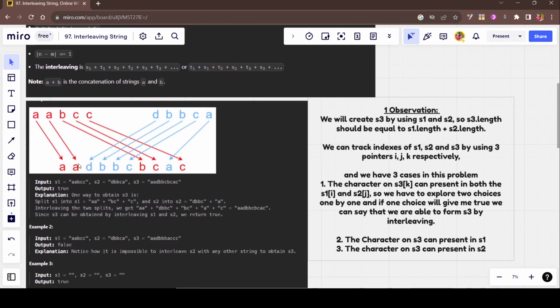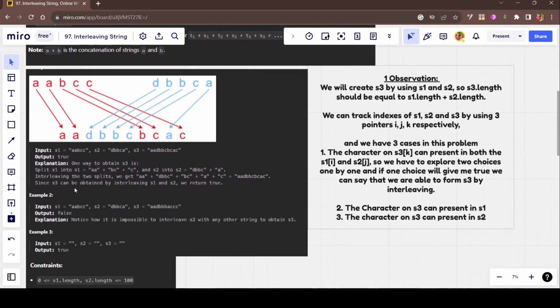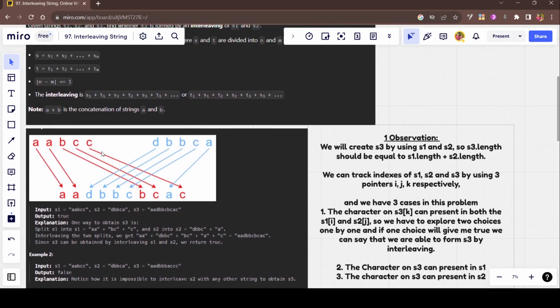Let's see with an example. What do we mean by interleaving? Suppose we have a string s1 which is AABC, s2 which is DBBCA, and s3 which is AADBBCBCAC. Now we have to make s3 using s1 and s2, and not only using s1 and s2, we have to